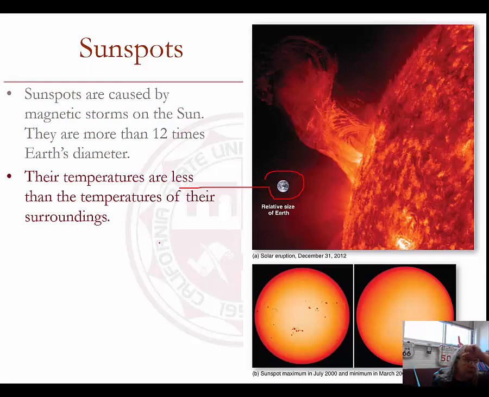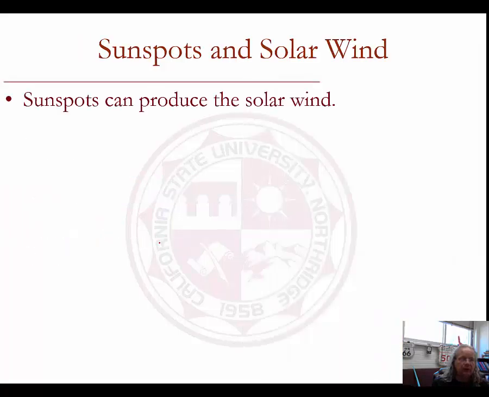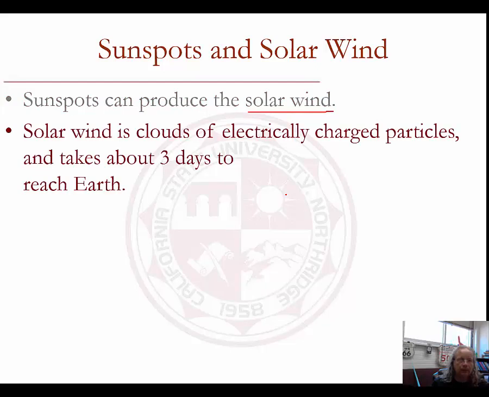And part of the reason we want to know about the sunspots and these solar storms is that they have an effect on us. The sun produces something called a solar wind. These are particles that are ejected from the sun and go outward across the solar system. It takes about 3 days for these particles to get to us,